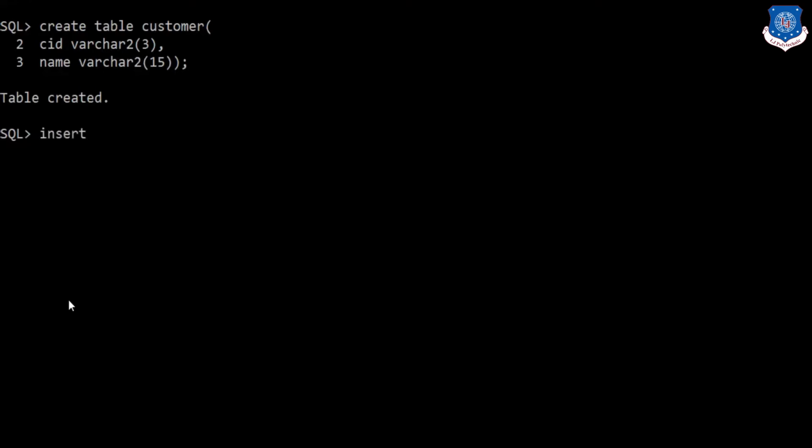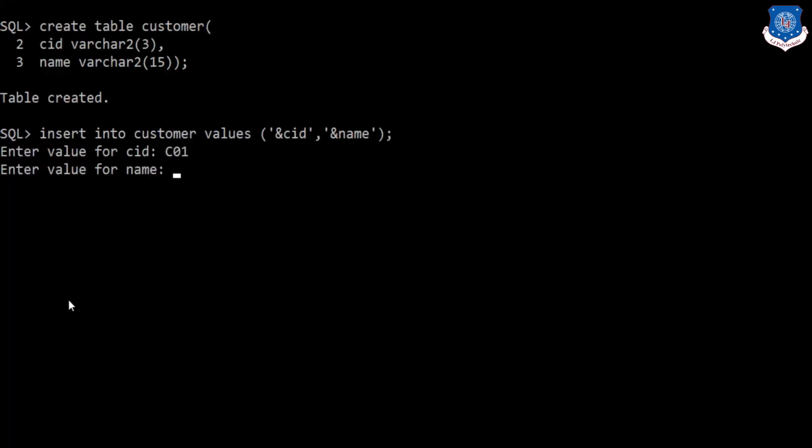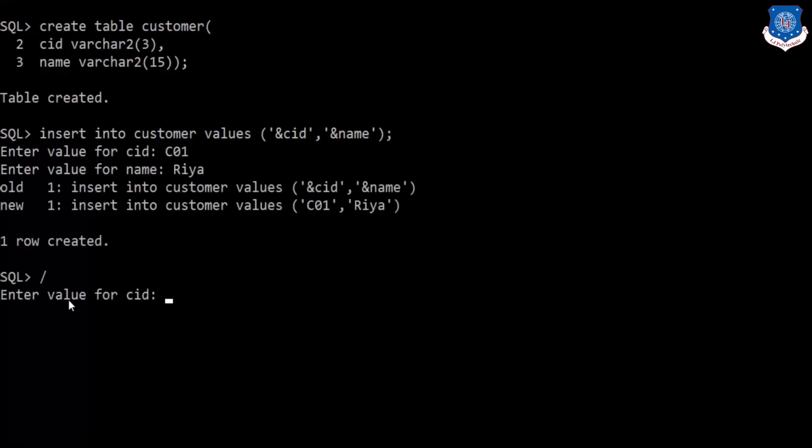Insert into customer values, then list of columns customer ID and name. Customer ID is C01 having name Ria. Another record C02 name is Jia.